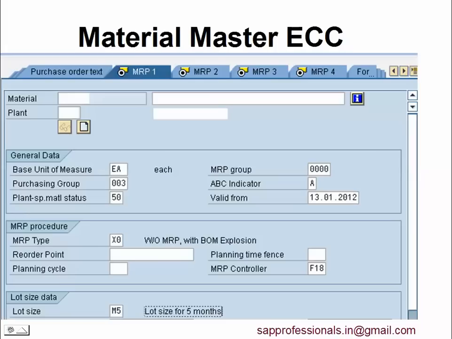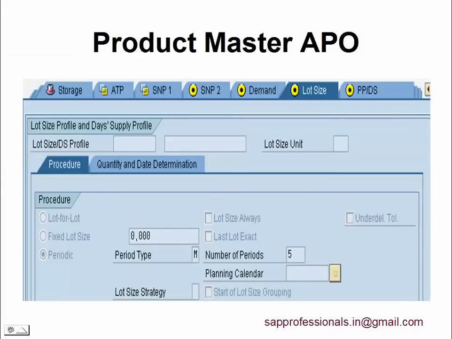Lot size is a very good example, and it's quite confusing also. In ECC we have only three fields available for lot size. One is lot size, which basically has a lot size strategy, and the two fields which are missing in this slide are minimum lot size and rounding value. But if we see in APO, the same information comes in a different format, with some bullet points and some values. The values are like lot for lot, fixed lot size, periodic, and some fields like period type and number